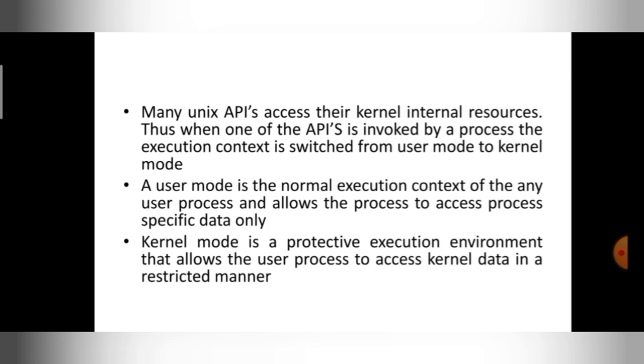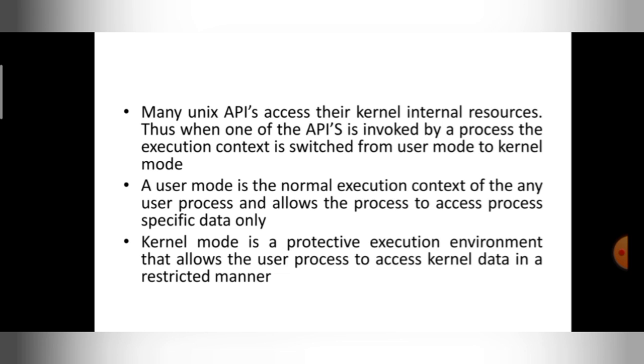It allows the process to access process specific data only, right? For example, I created a process, so that process will be executed in user mode, and it is going to access only the data that is for the user, not for the system. System related data can't be accessed in the user mode. Only the process specific data can be accessed in the user mode. Hope you are understanding. So once the API is executed in the kernel